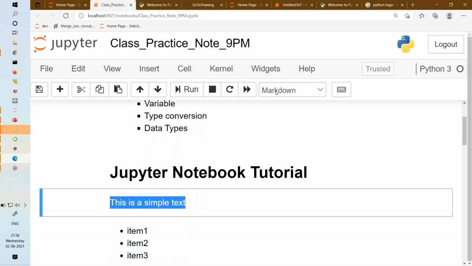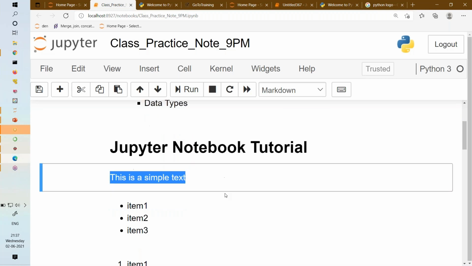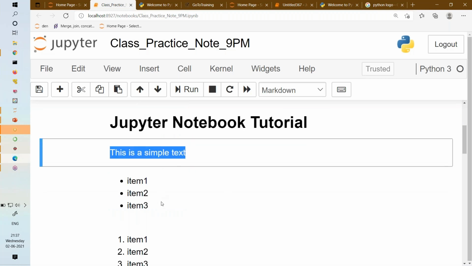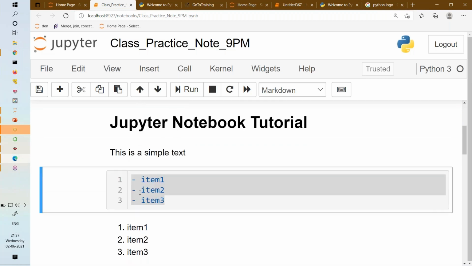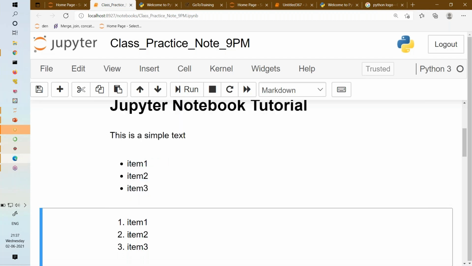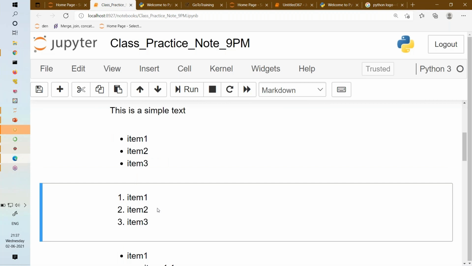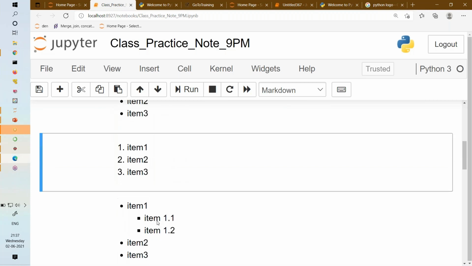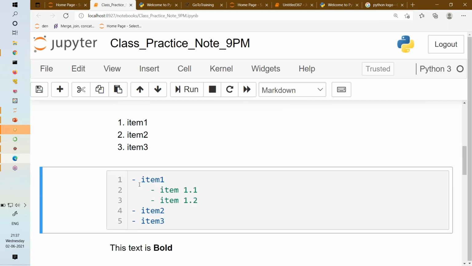Just write the text, and always remember for Markdown, you have to change the mode. After this, you can write your bullet points: item 1, item 2, item 3. Just write a hyphen, and you can run it. It will become bullet points. For numbering, just write 1, 2, 3, and then write the text. Subparts, yes, you can write 1, and then inside which you can again write a hyphen, giving some space. That will become a sub item inside the main item, right?